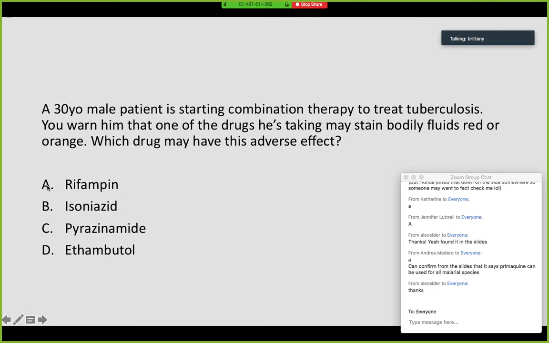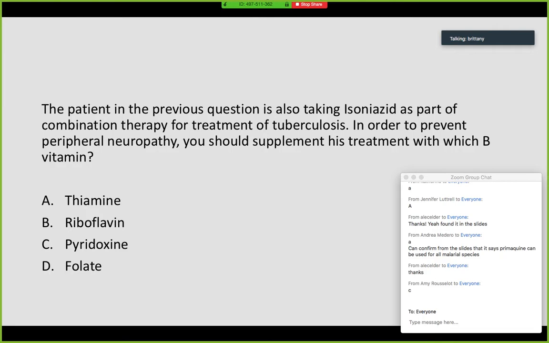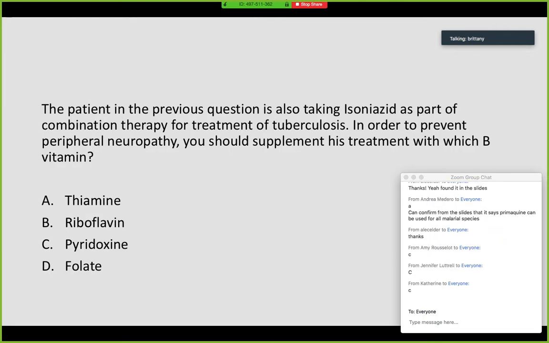Okay, so the drug staining bodily fluids red. Yep, you guys got that one. So that's rifampin. Okay. Next question. The same patient is also taking isoniazid as part of combination therapy for treatment of TB. In order to prevent peripheral neuropathy, you should supplement his treatment with which B vitamin? Yep, good job. Pyridoxine,